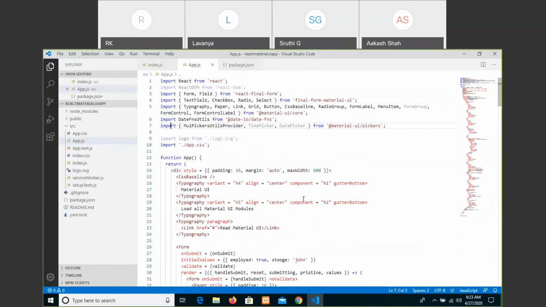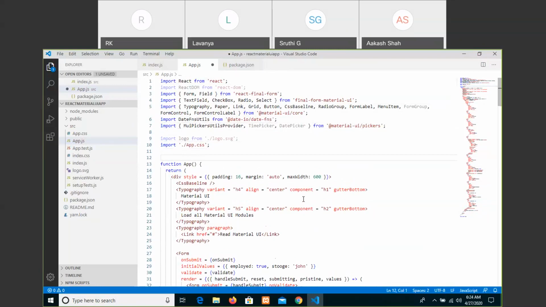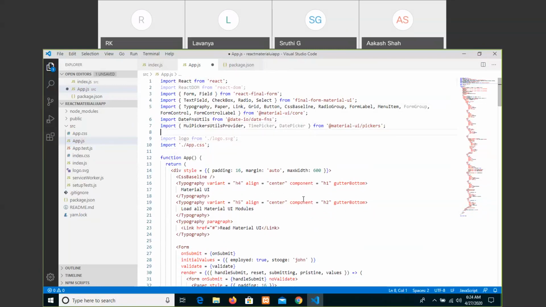Then date picker wrapper, time picker wrapper functions we have written just now. So let us write the definitions. Okay, let me write here.